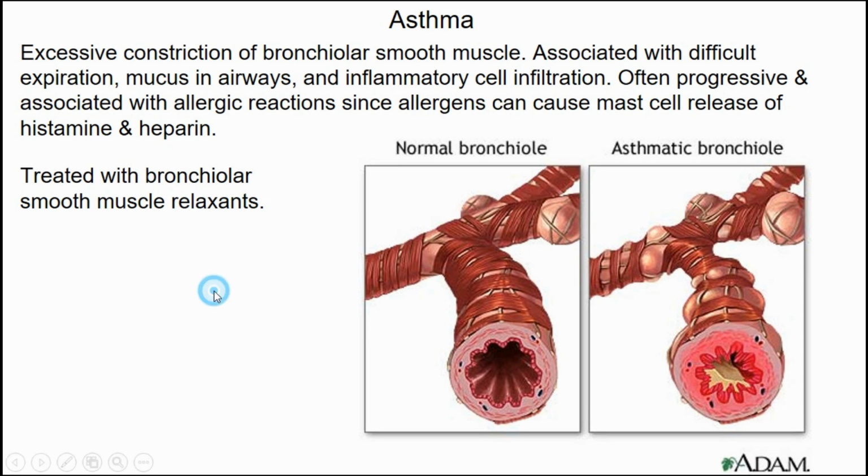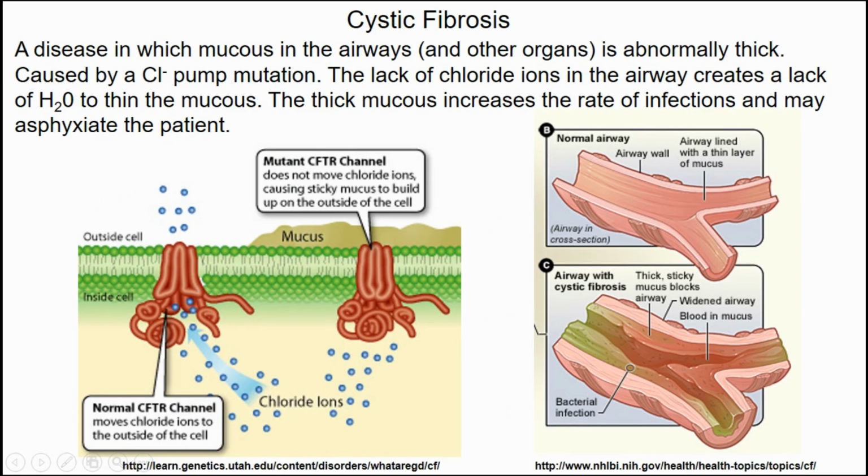Now, another big problem that can come up is cystic fibrosis. In this case, we don't have a functional pump for chloride in the cells that's going to pump chloride out into the airway. Now that chloride, in and of itself, isn't our major concern. What we care about is the fact that if we don't have chloride in here, we're not pulling water out here, and the mucus in the airway gets excessively sticky and excessively gunky, and it will stay in place. It's hard for the ciliated cells to move it along, and so we're going to wind up with